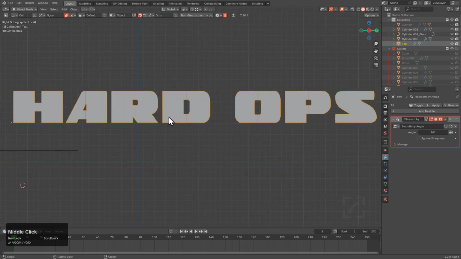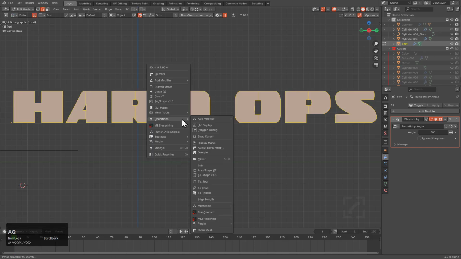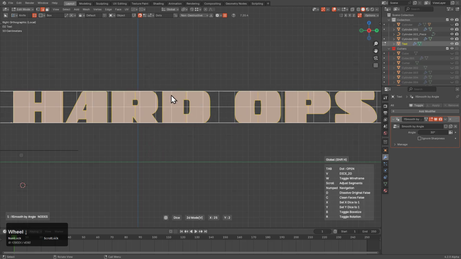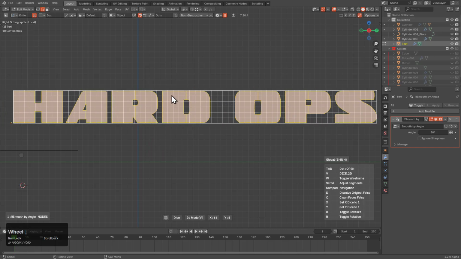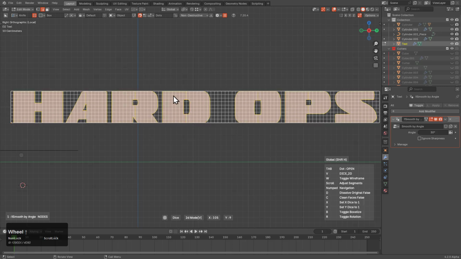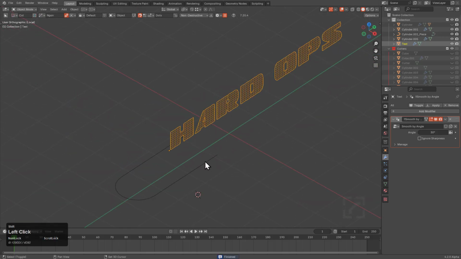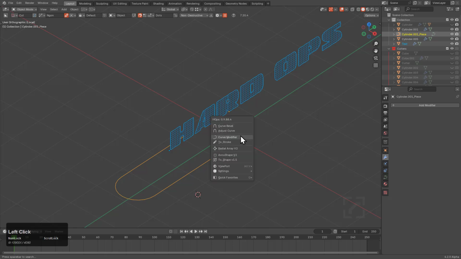Of course, we could have automated that a lot faster, but we're just demonstrating the classic way that we do things. And what I want to do is tap back into object mode, and we're just going to bring up dice, press V to bring up the 2D version. And we're just rolling the wheel till we get just enough divisions to make this work out, while also kind of looking at what we're about to do. So now we have something a lot more finely diced. So now we can just press Q, go with